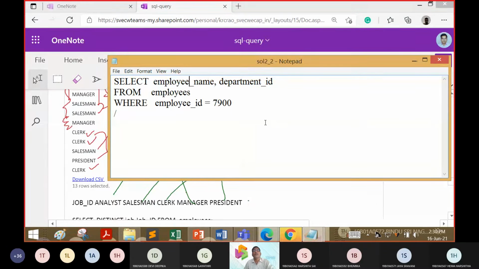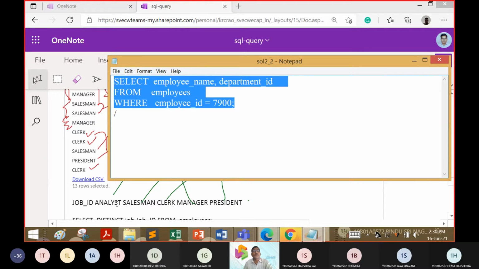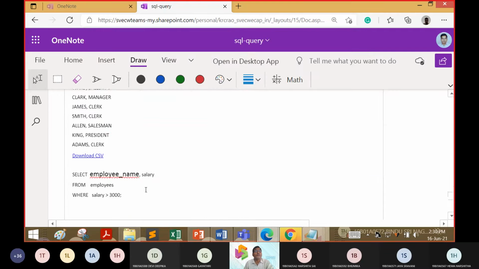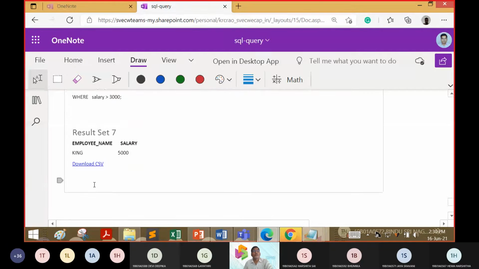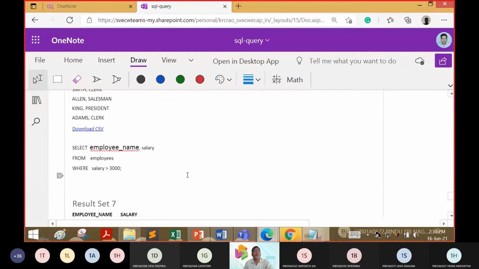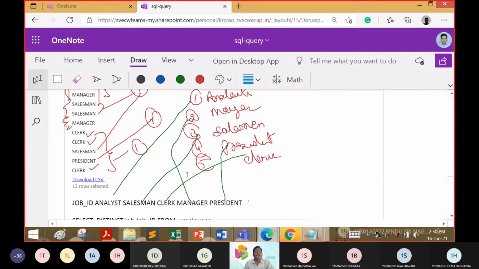What is the answer you expect? Select employee name, department ID from employees where employee ID is equal to 7900. This is the query we are going to take up.